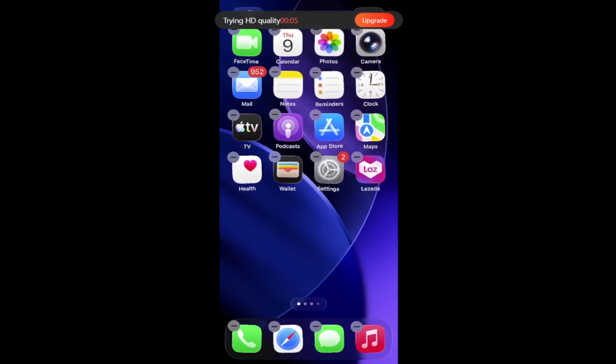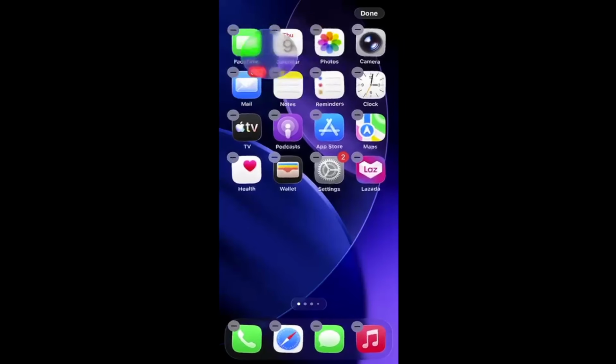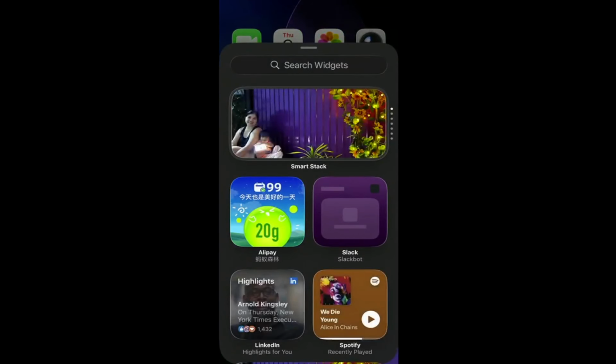Next, tap Edit, then Add Widget, or simply tap the plus button depending on your iOS version. This step is essential because it opens a menu of available widgets that you can add to your home screen. The Add Widget option is your gateway to customizing your device further. By tapping this, you'll be able to see all the options available, including the calendar widget. This feature makes personalizing your device easy and efficient.